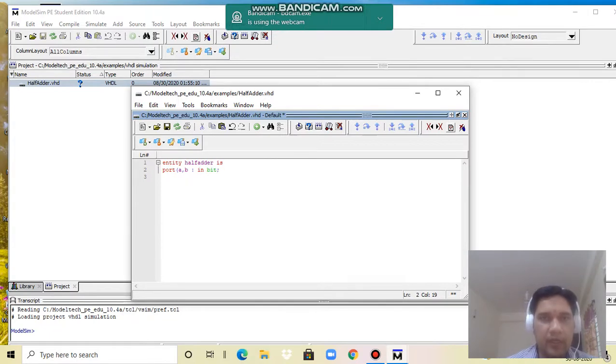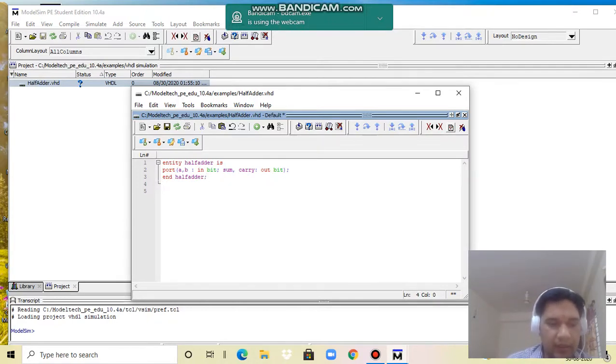It means they can be either 0 or 1. And outputs I will declare as sum and carry. Bracket close, semicolon. Then we have to end the entity, end half adder. We have to declare as well as end with the same entity name.